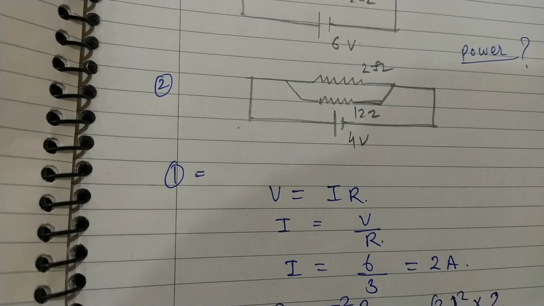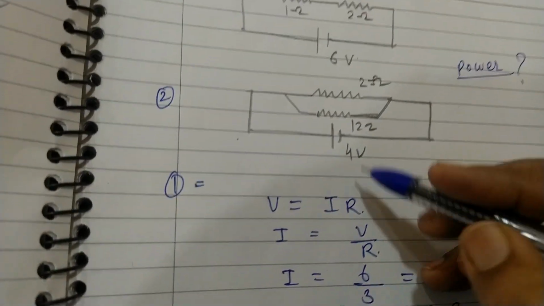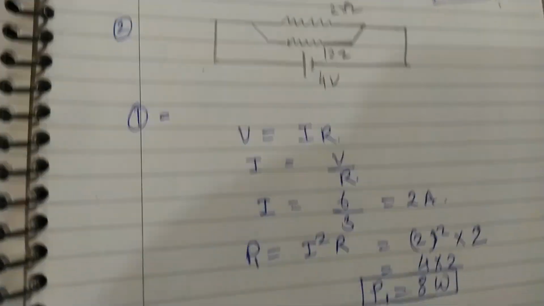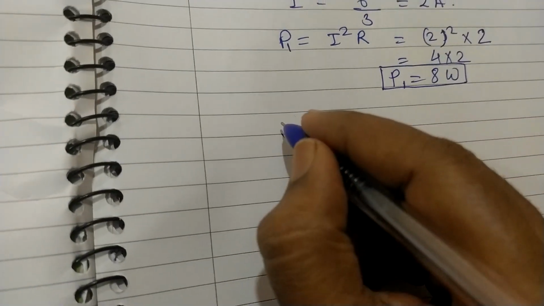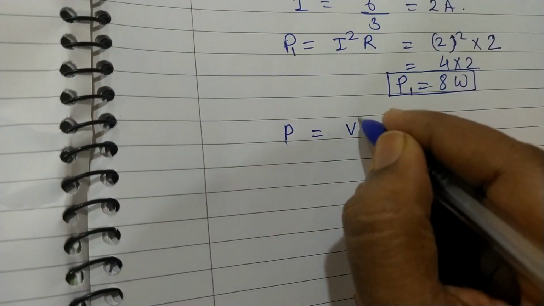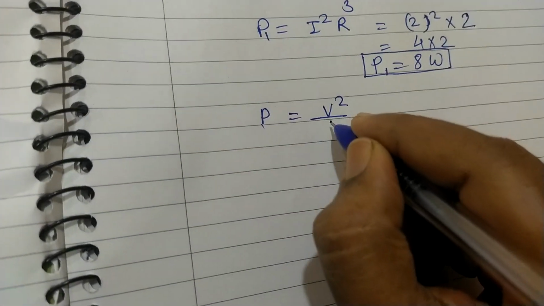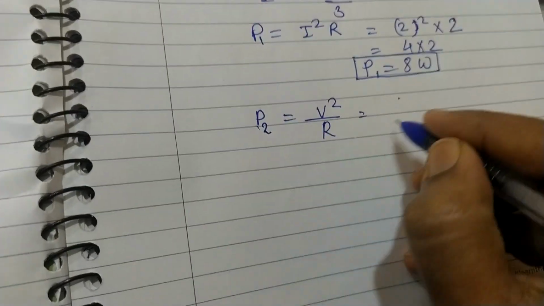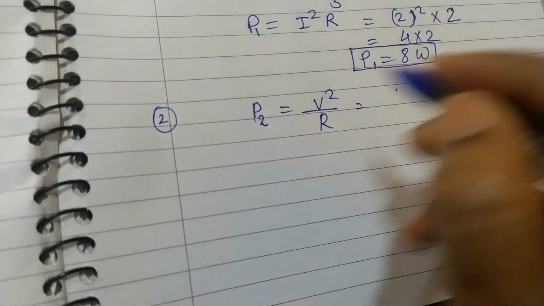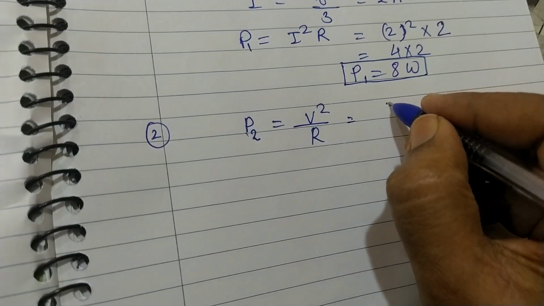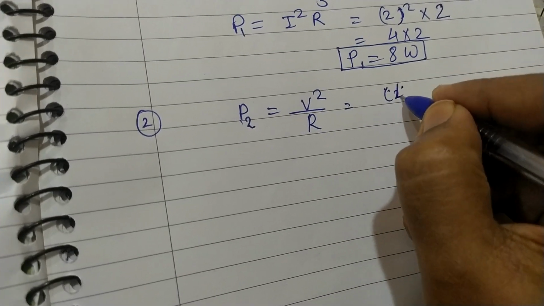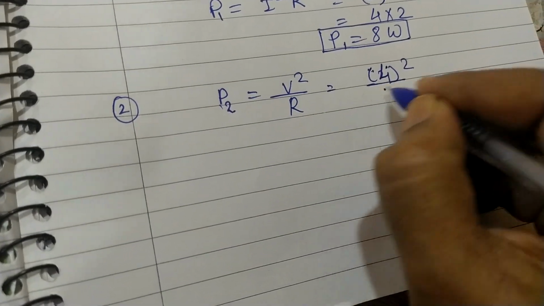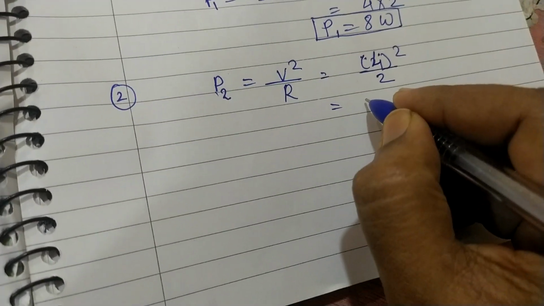What we have to do? Directly we have to use this voltage and the 2 ohm resistor. So the formula for power in the second case will be V square upon R. In the case of P2, the second case, voltage is again 4, square divided by what is R? 2. 4 square becomes